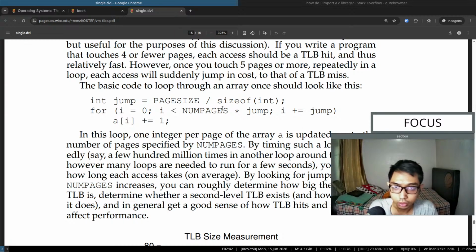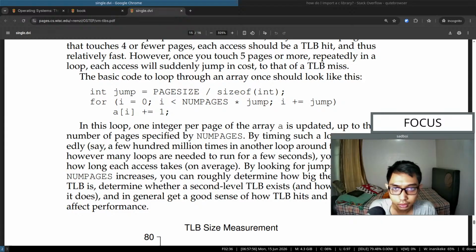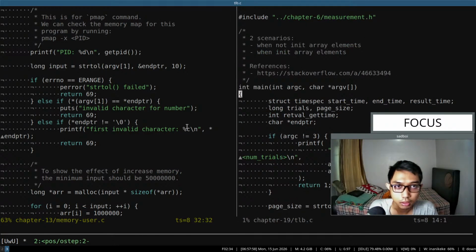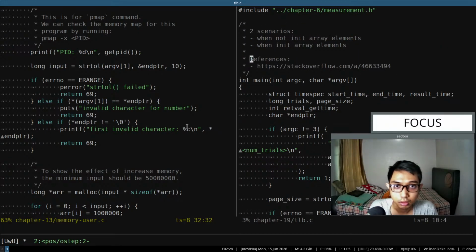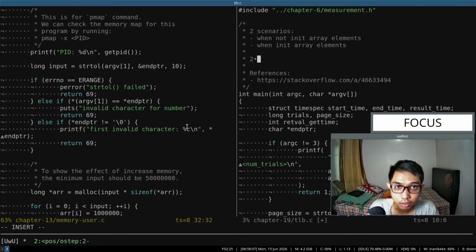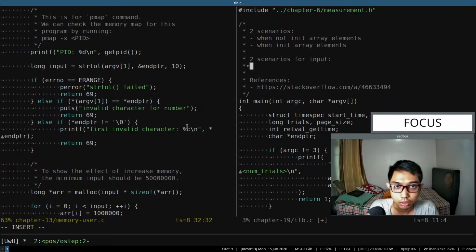Yeah, there are two scenarios that I can think of, I guess. Two scenarios for input. Number of bits to touch equal bit size,